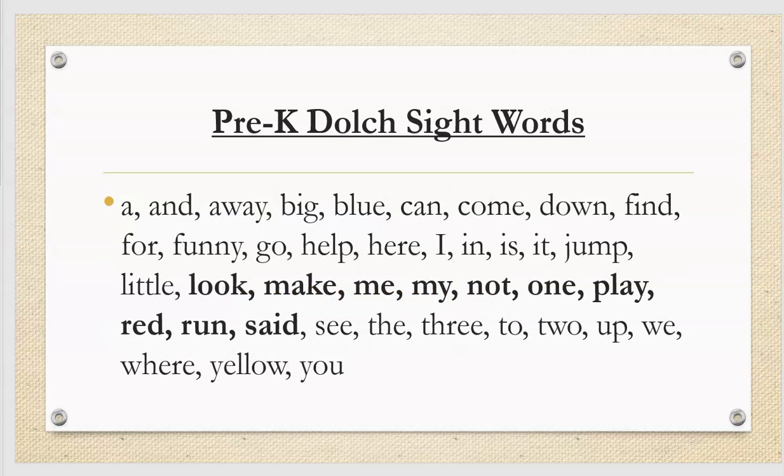Here is a complete list of all the pre-kindergarten Dolch sight words, with the words for this lesson in bold. Let's pronounce them all together. A, and, away, big, blue, can, come, down, find, for, funny, go, help, here, I, in, is, it, jump, little, look, make, me, my, not, one, play, read, run, said, see, the,